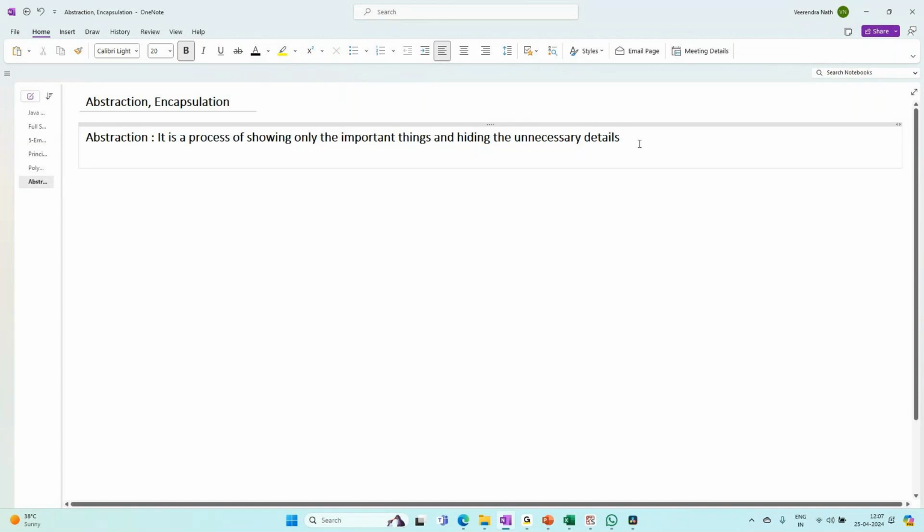Now, when I'm talking about Java programming, how does Java apply this? That was the general meaning. How will a Java program apply this abstraction? That is important for us, no? So when I'm talking about a Java program, a Java program implements abstraction